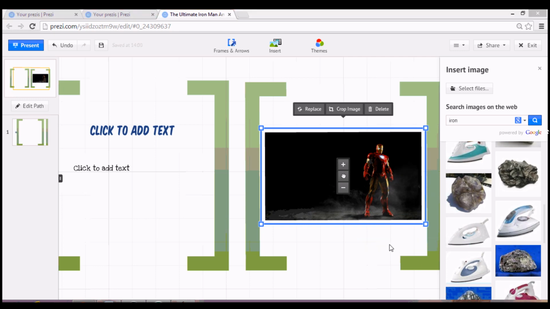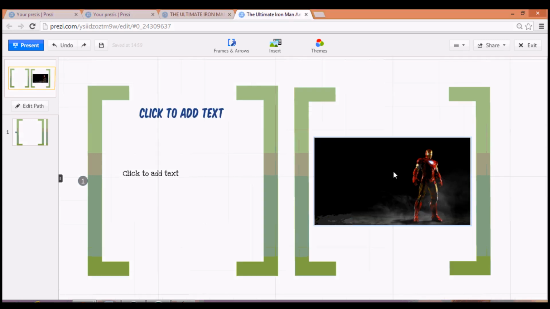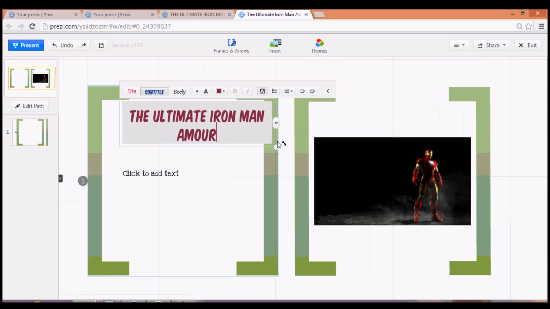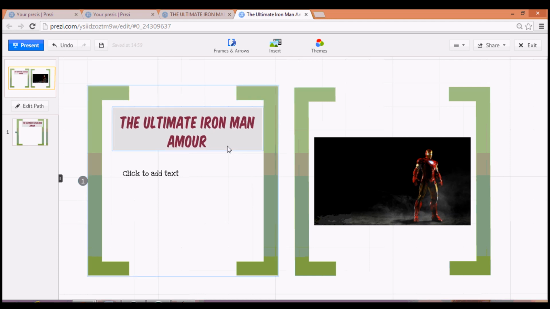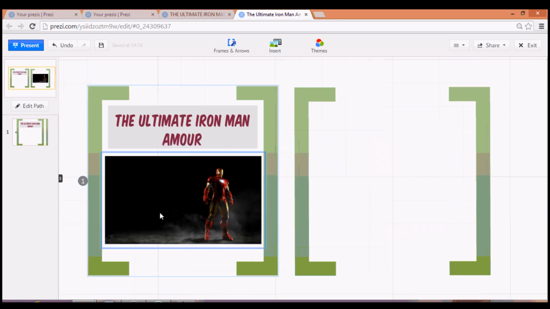To give you a better idea in designing Prezi, I'm now going to design the first slide, or the first frame, for my presentation. In order to have a better understanding of how to use Prezi as a presentation tool, I'm now going to design my first two frames. I'm going to add my heading by simply clicking on the text box, change its color, and resize it. I'm going to move my image from my second frame to my first frame,